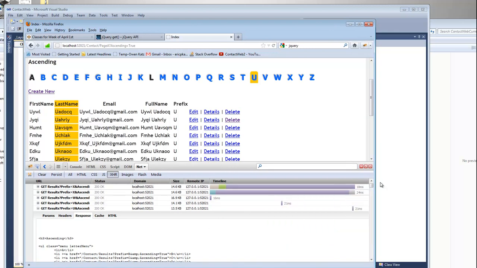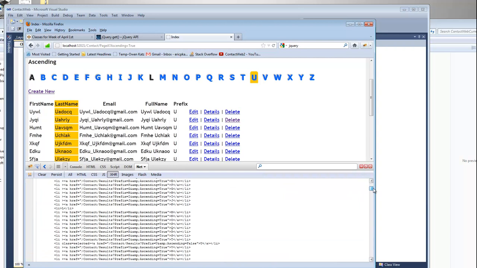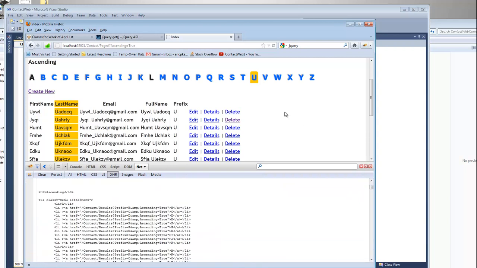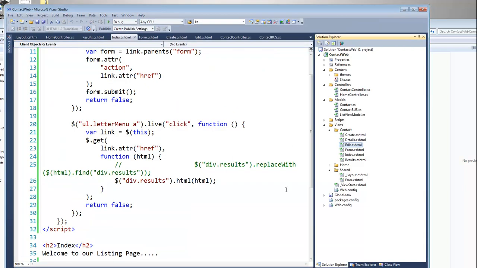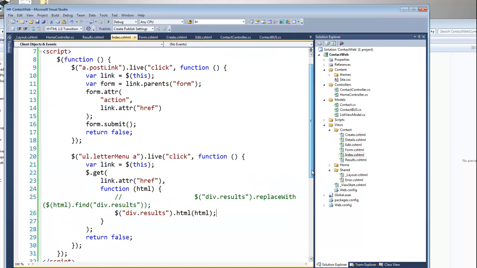So the issue here was that I was trying to look for a div that didn't exist. And ideally, probably what you would do is maybe you would make these calls. The only thing you really need to do is get the results. But I also want to make sure that I have some functionality that I put in here that I don't want to lose. That when you click twice on this, it changes the sort order. Or else maybe I could have kept this menu from reloading every time. But I think that sort of does it with what I wanted to look at in terms of jQuery